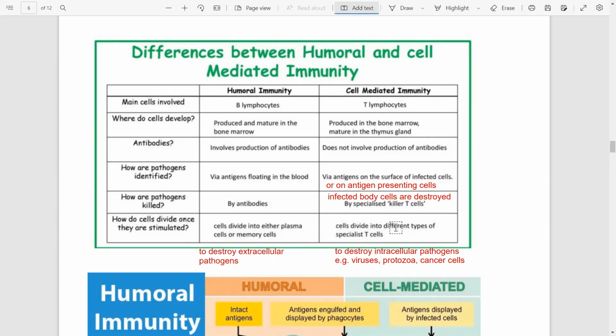All right, so how do cells divide once they are stimulated? So the cells divide and turn into plasma cells or memory cells. And if the cell-mediated immune system is activated, the cells divide into specialized T cells. So they could be T killer cells and T memory cells. Let me just put that in. So T killer cells are